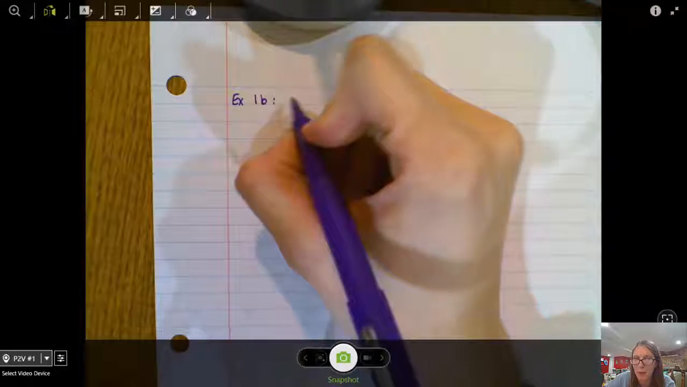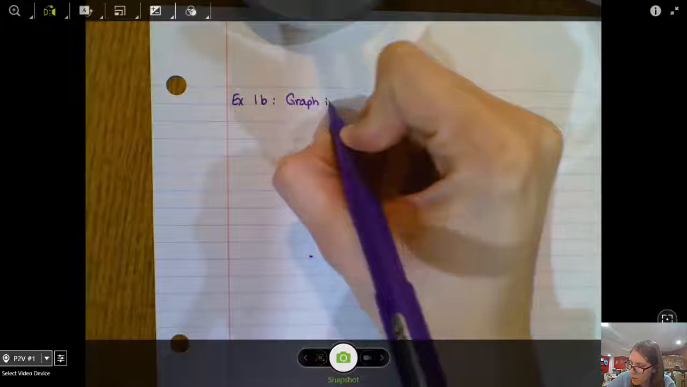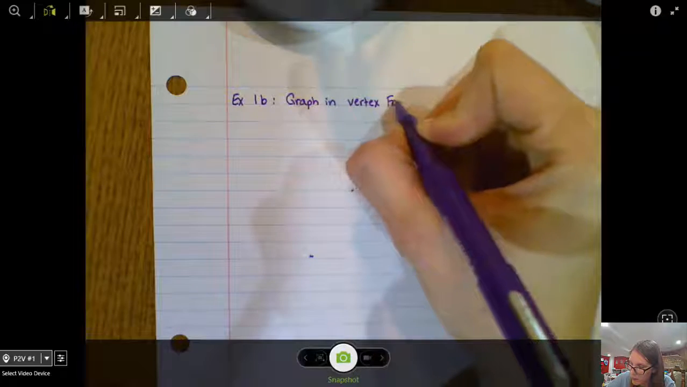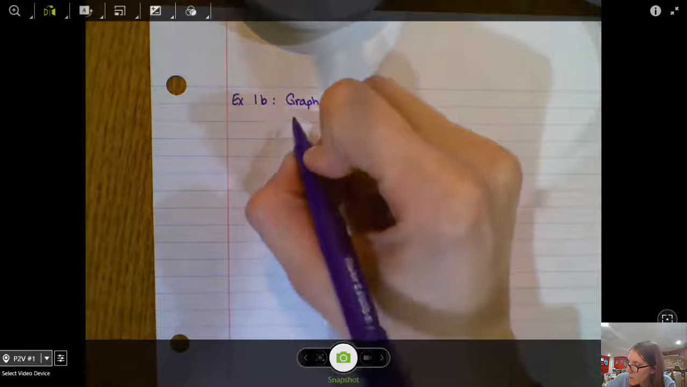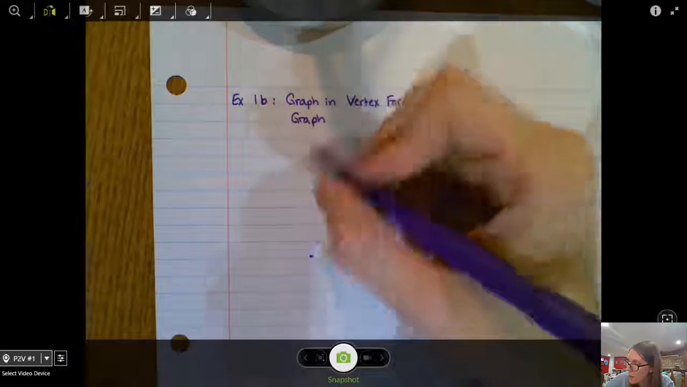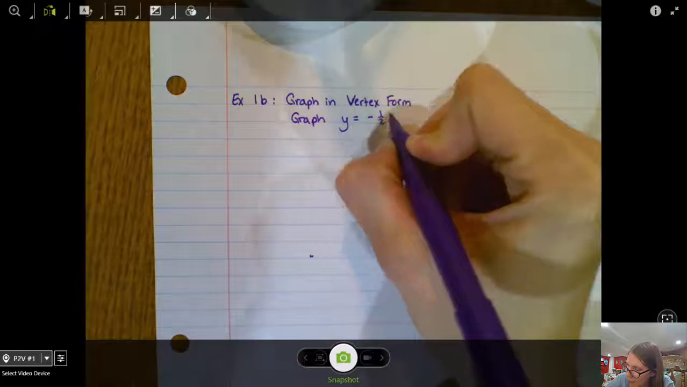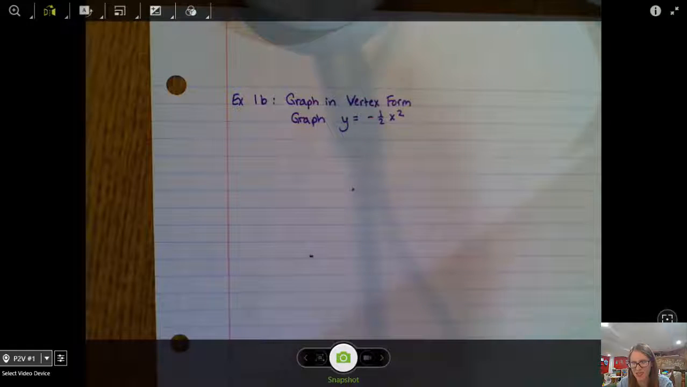Okay, let's look at one more example where we are graphing a parabola in vertex form. And let's graph our parabola y equals -1/2 x squared. Now this is kind of weird, I guess, to think about that this is really in vertex